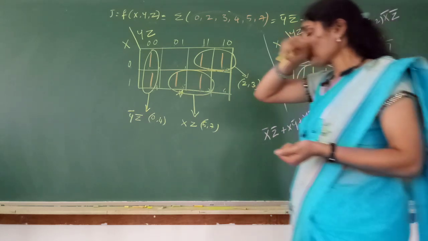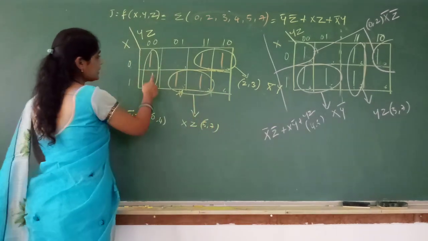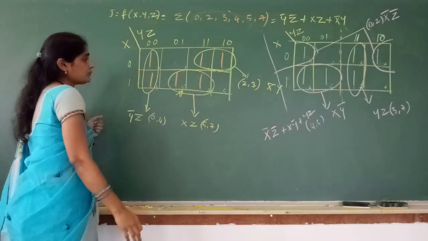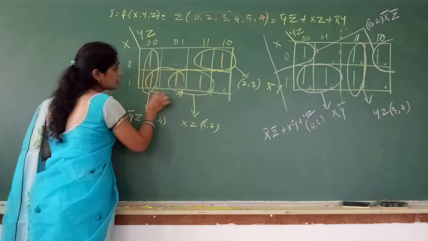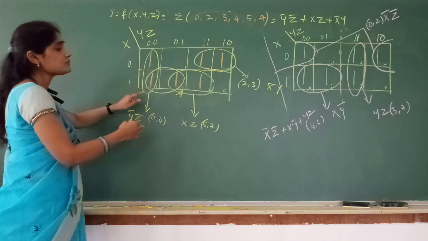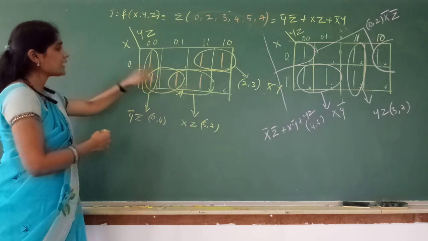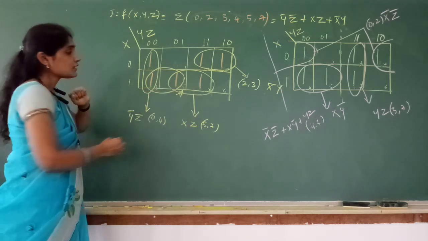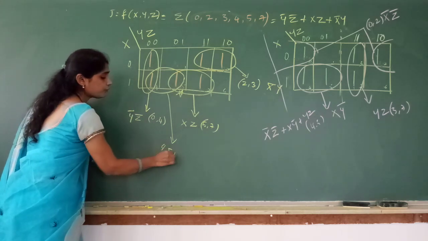Now, to explain what is essential prime implicant and prime implicant, just look here. Okay, we have covered all the min terms. And sometimes what you do is, you make this grouping also. Once you group all the min terms, you group 4 and 5 also, because you think that 4 and 5 are adjacent, let me group it. This can also be called a prime implicant. When you group 4 and 5,